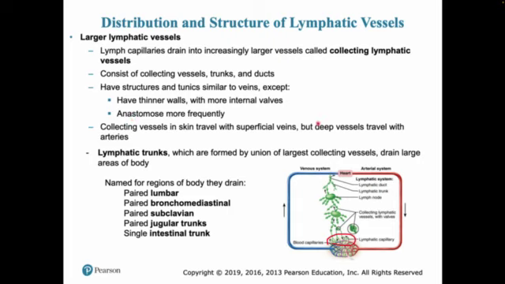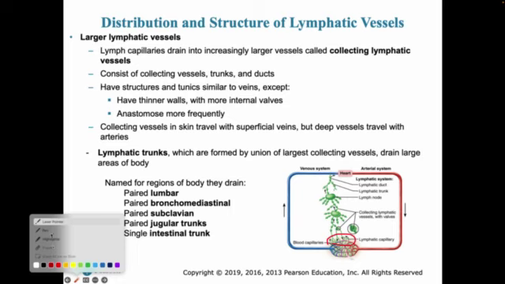Anastomoses are also seen frequently, which are the shunts. And collecting vessels in the skin travel along with the superficial veins. We will see that in a second. And then finally, lymphatic trunks are formed by the union of the largest collecting vessels. So the smallest vessels combine and form a trunk, and then the trunk finally opens into